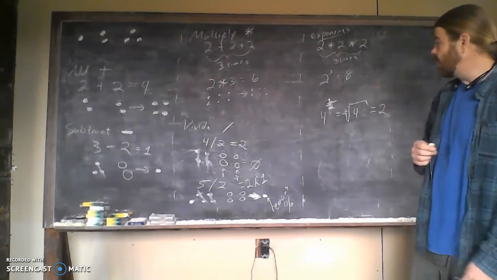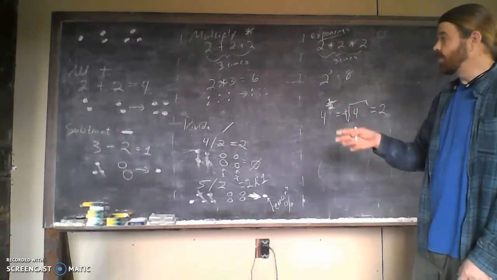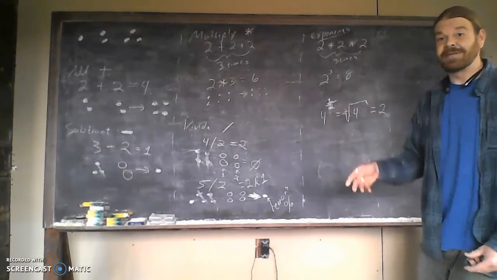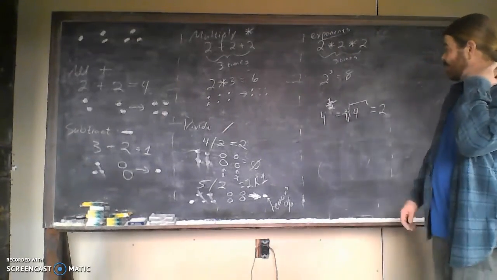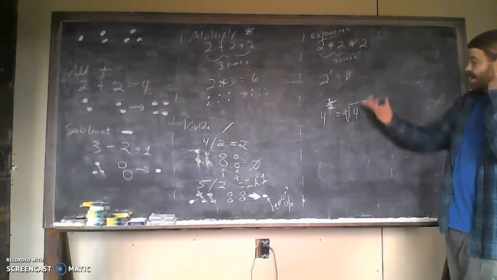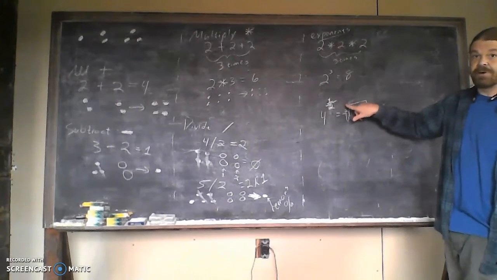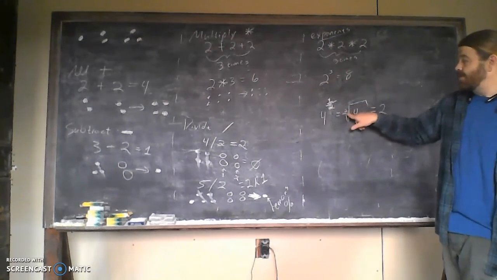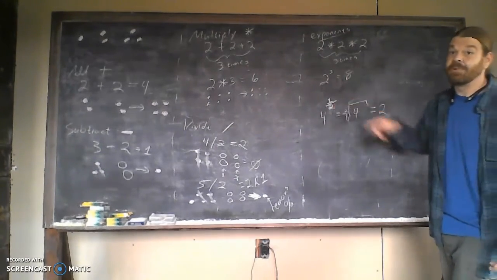So that's kind of our core operations. Let me erase the board, and then we'll talk about the order, and then get into algebra, and then lead from algebra into functions, and that's what we actually need for programming. So, a really quick rundown on all the review of the stuff we do in math. One of the big things that can be different is where you might remember a radical sign, the square root, a cube root, a fifth root, 27th root, whatever number goes there goes into the denominator of a fraction,